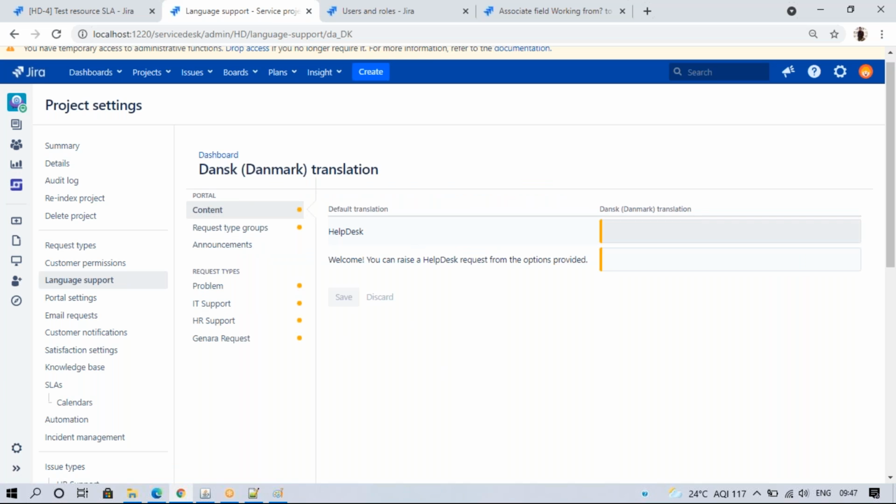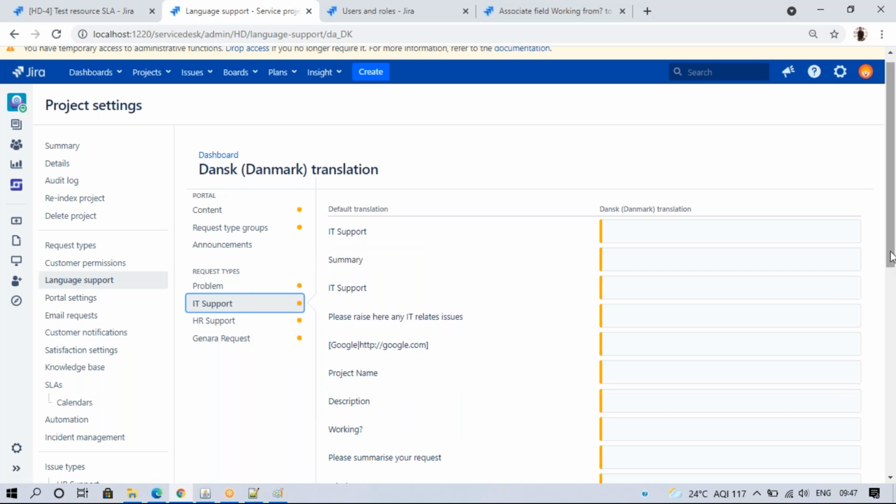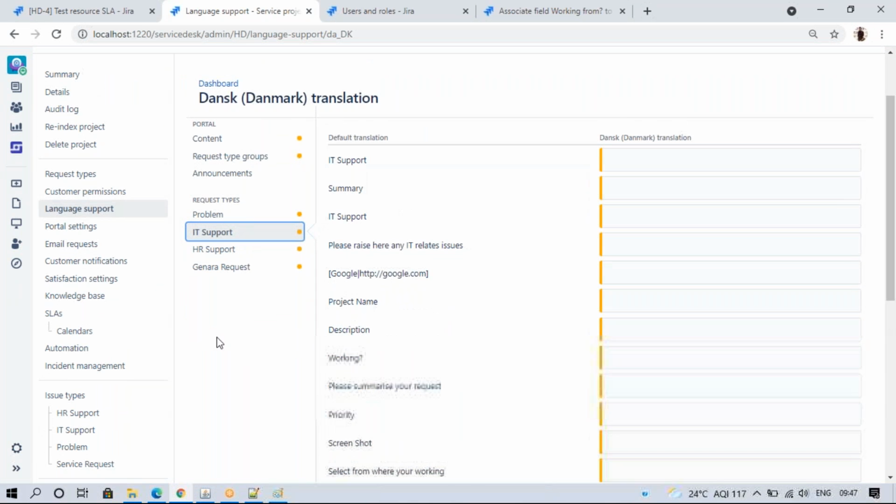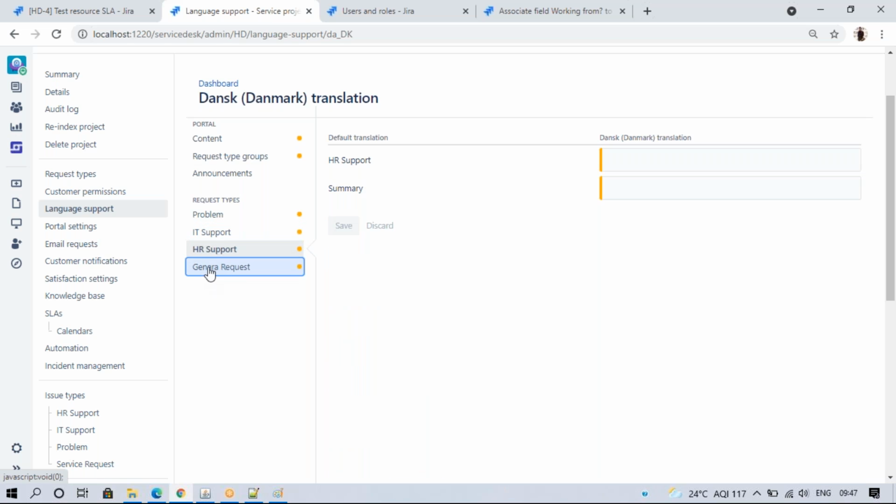Instead of help base, what do we want; and request types and groups, instead of Andhra, Karnataka, Telangana, what names they want; and announcements or problem summary, instead of problem summary what they want, the translations, and IT support. And these are all the fields, right? So all these fields, what they want, and IT support, general request, and what they want to select, that is the information here. A few people can translate that and they can select it.